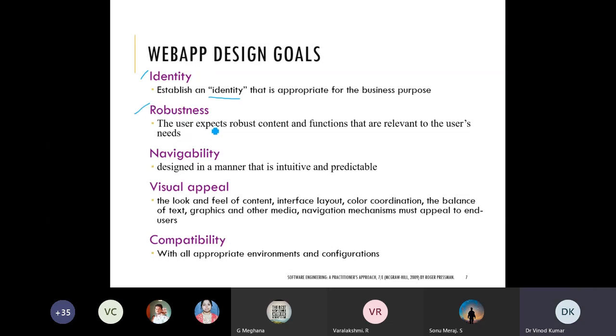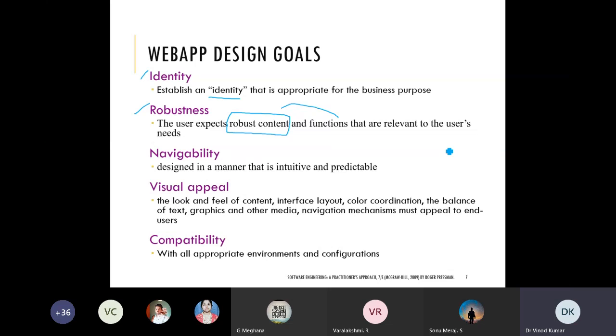Robustness: the user expects robust content, accurate content, quality content, and functions, whatever functionality is there in your system, that are relevant to that content and relevant to the user's needs. For example, you are searching for notes on some particular topic, and you are getting well organized content as per your requirement.